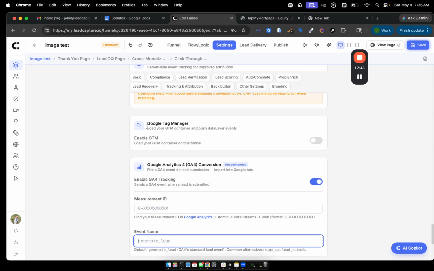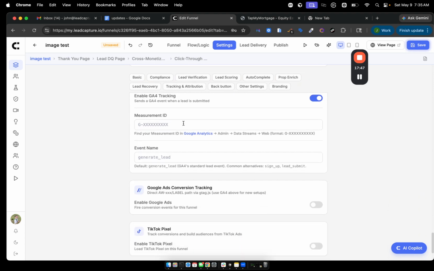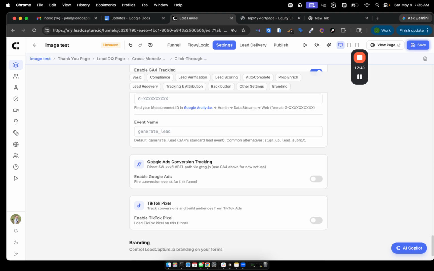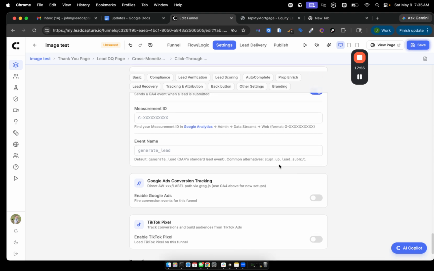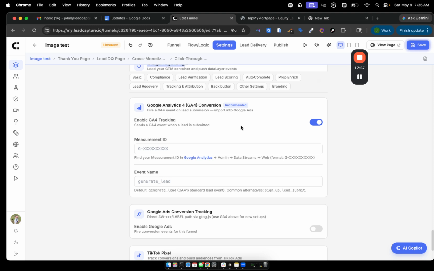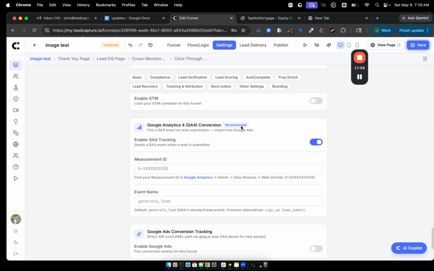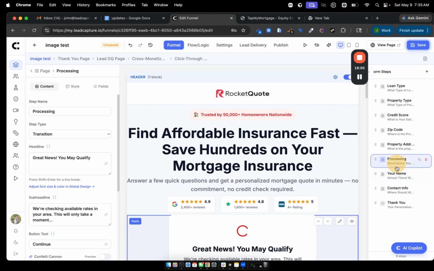You could also do this through Tag Manager or the standard Google Ads conversion tracking method. I think this is a little bit dated, but we still have this because some people still use this method. We're going to have a whole video on this soon because there's a lot of questions that come up around it. And then for firing the GA4 conversion event, you can go into a specific step within the funnel,